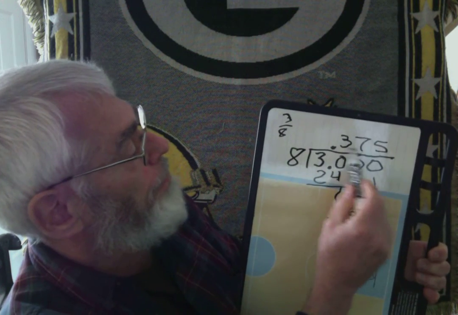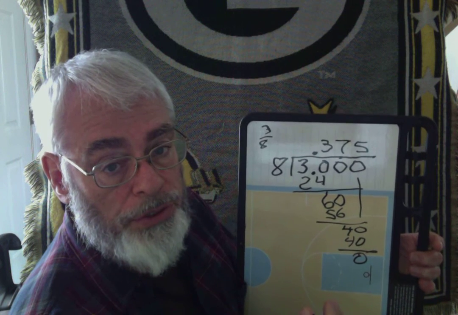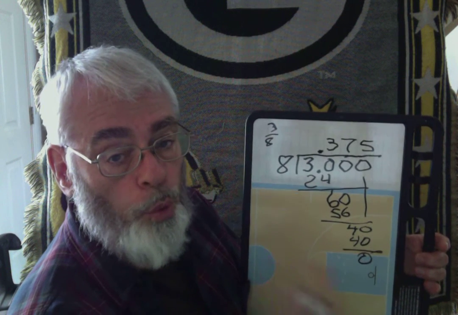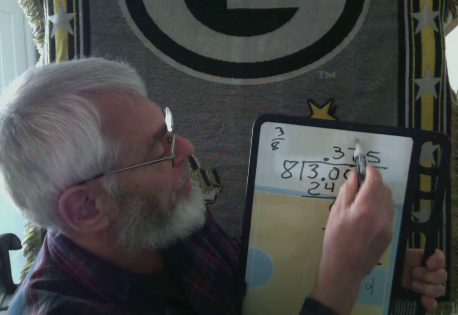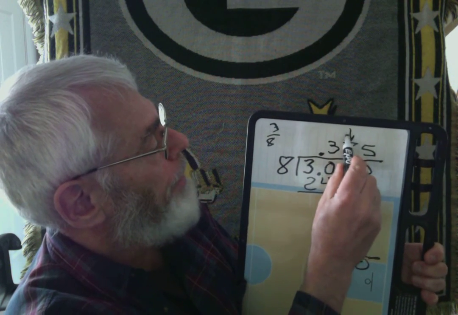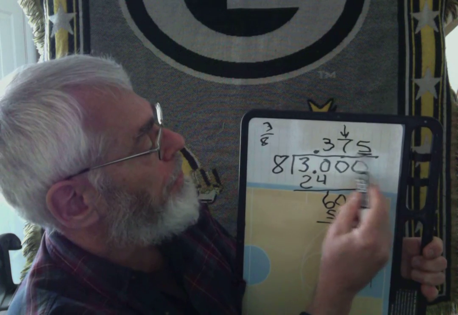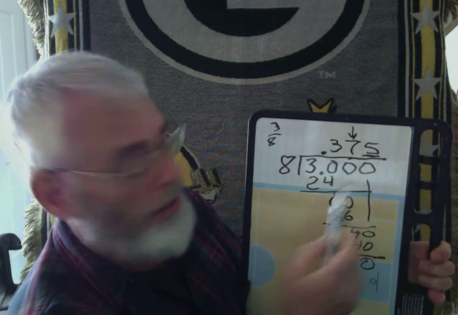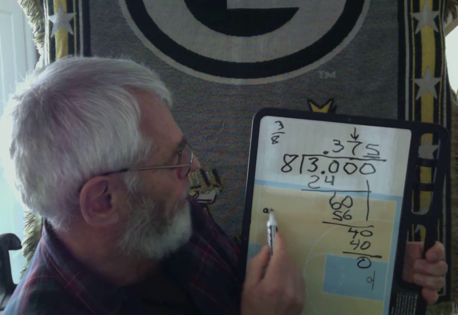But we have 0.375, and we asked you to round it to the nearest hundredth. So what digit is in the hundredths place? That would be the 7. We put the arrow above. That's what we're rounding to. And then we underline the significant digit 5. And so that means we round up the 7 to an 8. So the answer would be